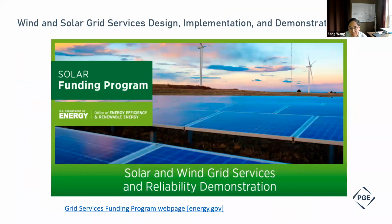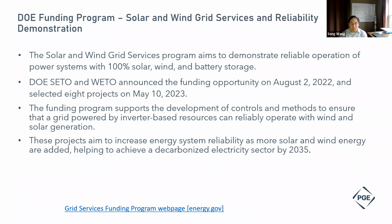And then let me briefly introduce the background of this DOE project. The U.S. Department of Energy has a funding program of about $17 million called Solar and Wind Grid Services and Reliability Demonstration. The goal is to prove that a power system relying on solar, wind, and battery storage can be dependable. This program was announced in August 2022, and in May,